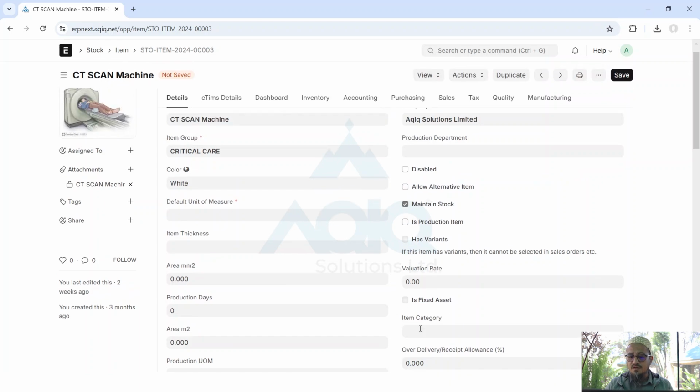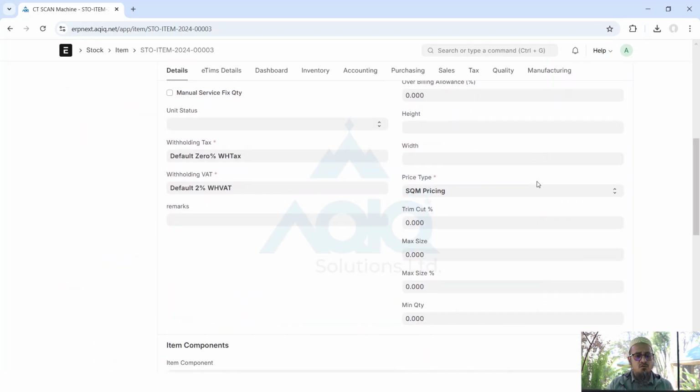Then you have the item category. So basically, the good thing here, you can also have an item category, you can also have an item group. And if you come down here,